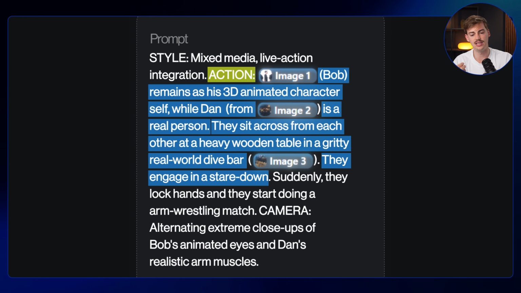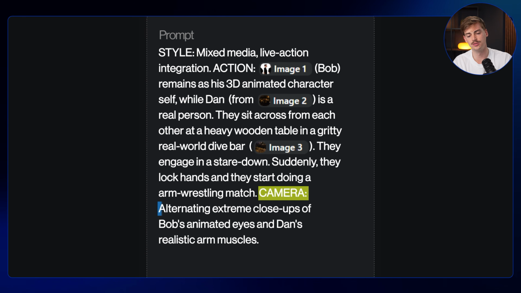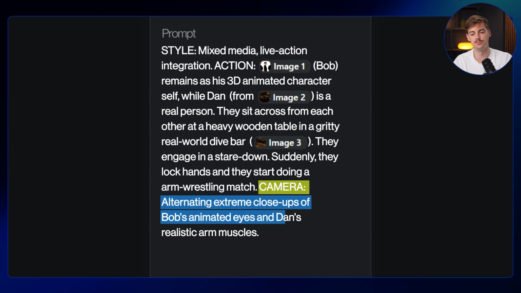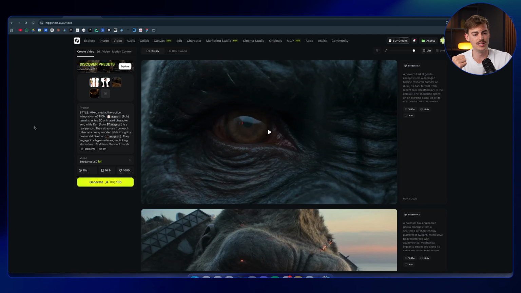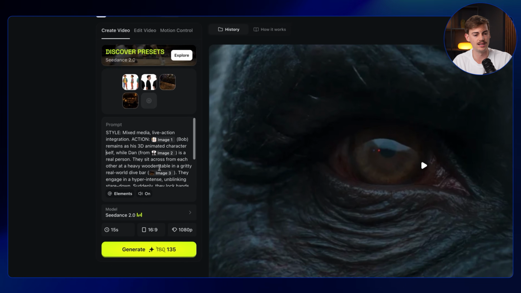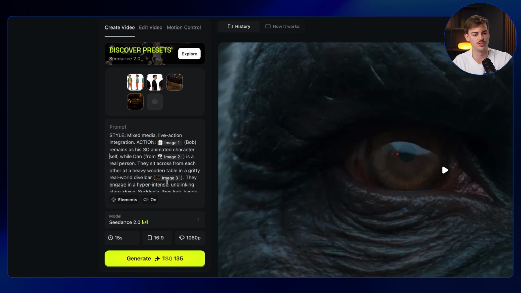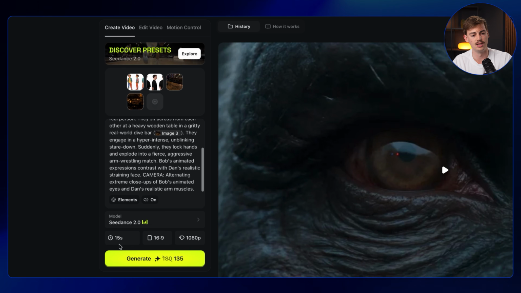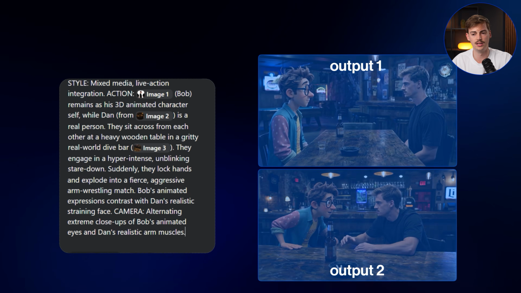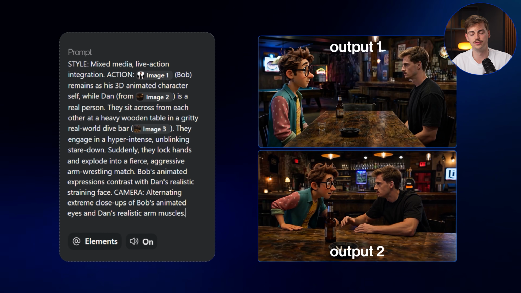They engage in a stare down and then they lock hands and they start doing an arm wrestling match. Then for the camera angles, I'm alternating between close-ups of Bob's animated eyes and then realistic arm muscles. Like I have some real muscles, guys. So that is our prompt, and make sure you tag in each of these images so it understands what to reference. Then I'm gonna go with 15 seconds